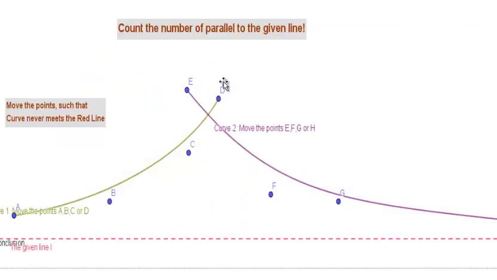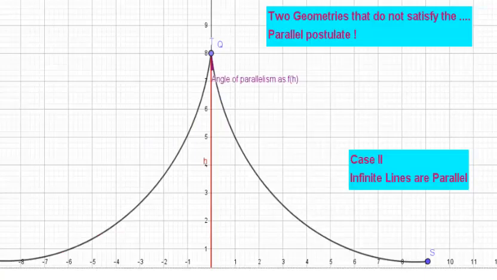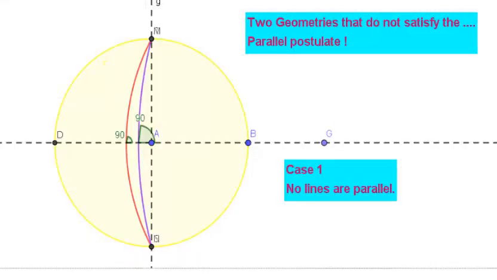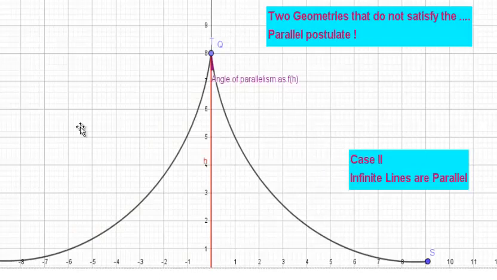In this case, I can draw an infinite number of lines which are parallel to my yellow line, the pink line over here, sorry. The pink line, I can draw an infinite number of lines which will not be meeting this. So you can have an infinite number of lines which are parallel, which are not meeting, not a single line, but infinite lines. So in case one, I prove Euclid wrong by stating that there are no parallel lines because they are all meeting. The second way I prove Euclid wrong, stating that there are an infinite number of parallel lines that I can draw to this line.